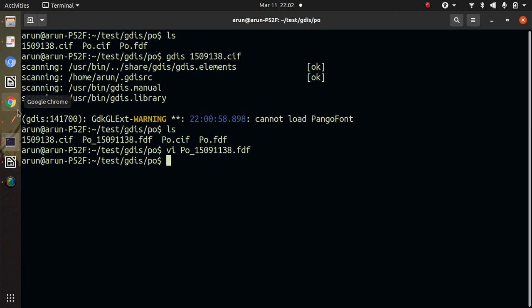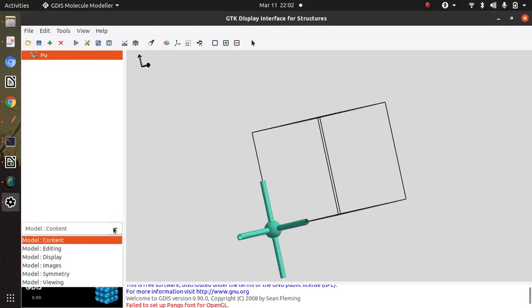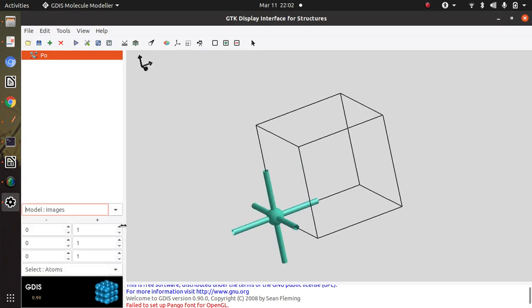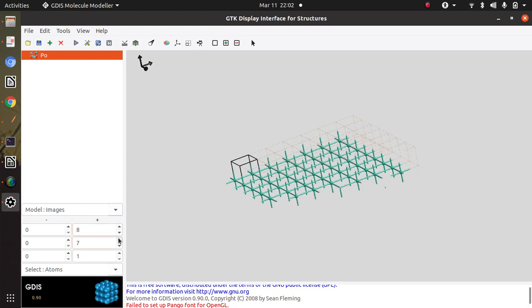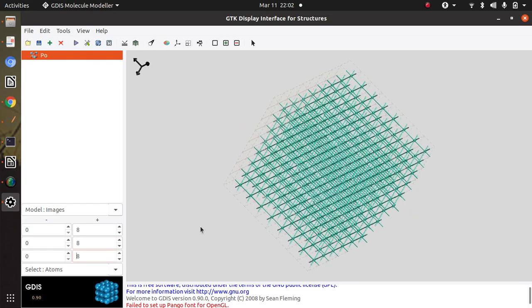Then I will talk about periodicity and vacuum. I again open polonium.fdf in GDIS. If I go to images, this single atom will behave like a periodic system. I repeat it up to 8 here, again up to 8, and again up to 8, or whatever you want.